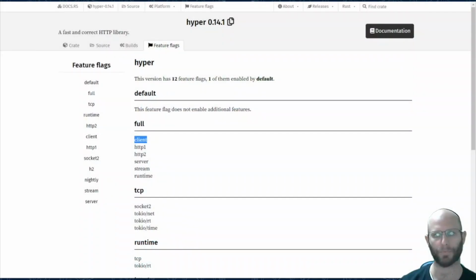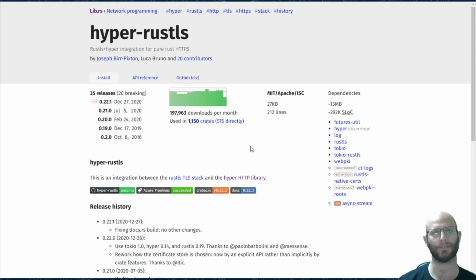We're going to do that. We're also going to need to pull in some kind of TLS support since we are going to be reverse proxying over TLS. And if I'm not mistaken, I could actually be mistaken about this one, the Hyper TLS crate, which is the thing that most people use most of the time, is not yet updated to